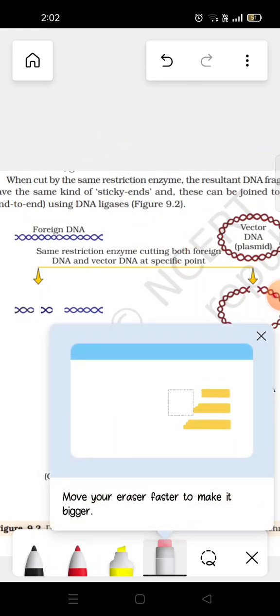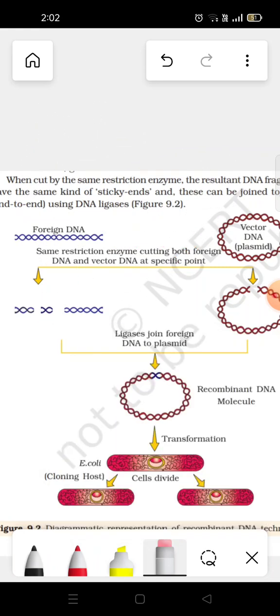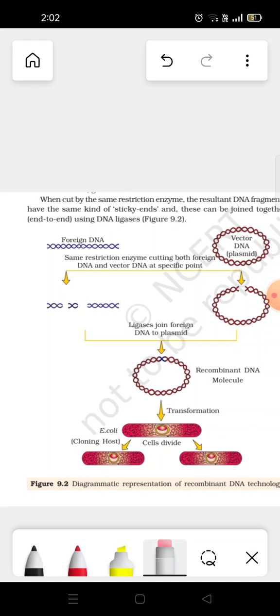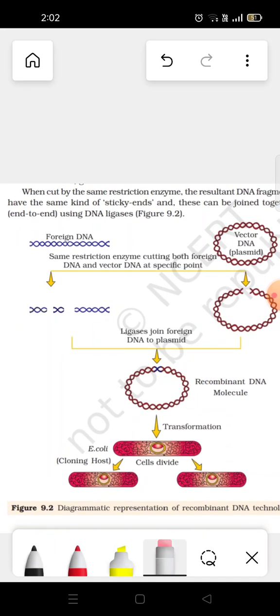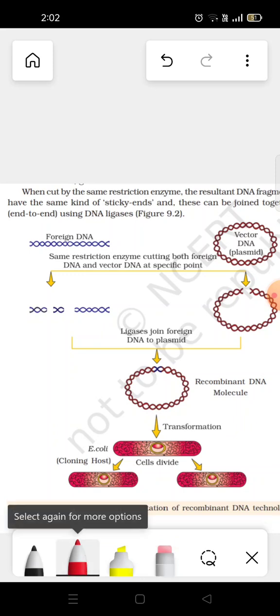So the next thing is, let's study now the diagram. Here we can see there is a foreign DNA and a vector DNA. Vector DNA, you should always remember that in the whole chapter we have used plasmid as a vector DNA. Okay, so we have foreign DNA and a vector DNA. You can see it is written here, same restriction enzyme cutting both foreign DNA and vector DNA at a specific point. It means, as I said earlier, that